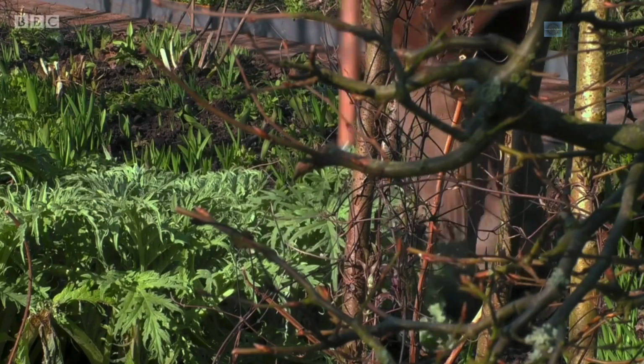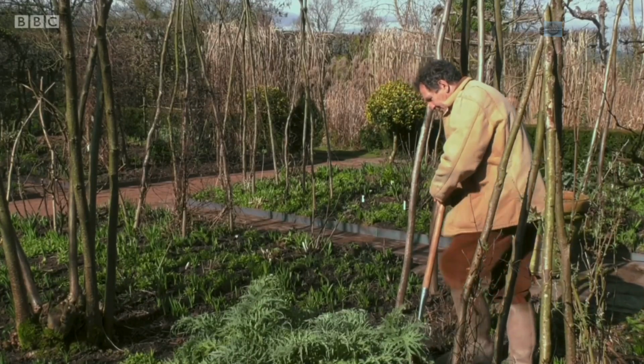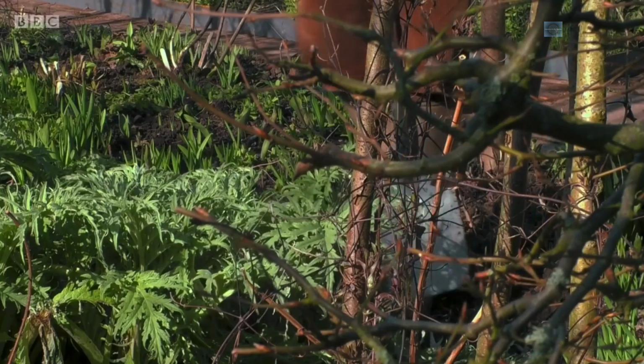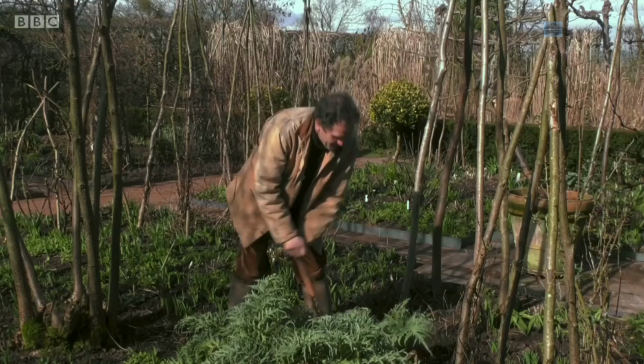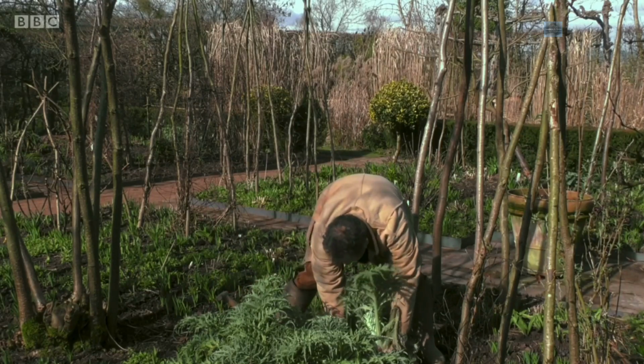I do regularly split the cardoons and move them because that does reinvigorate them as much as anything else, and you get really good new growth. And that's a good rule of thumb for all herbaceous perennials. There we go, there we go. That's coming up. So you can see